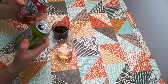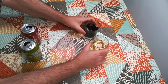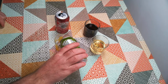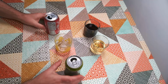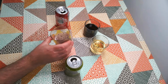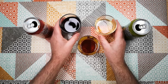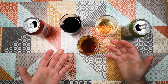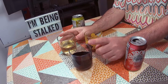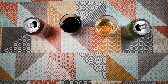So the question I'm often asked when I review 2 cans of drink is, what do they like together? And I always forget to do that, but not this time. So, mixing them in approximately equal quantities. Yeah, well, not really a surprise. We get something that sort of tastes halfway between the two. The subtleties of the celery are lost by the flavour of the cherry. Although, interestingly,